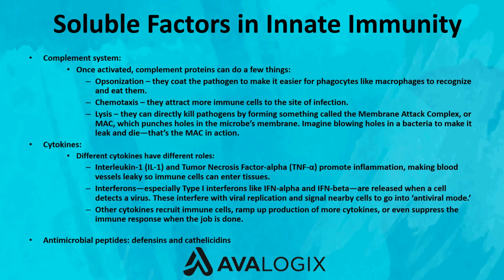Let's begin with the complement system. This is like the innate immune system's secret weapon, a cascade of more than 30 proteins that work together to detect and destroy pathogens. Once activated, complement proteins can do a few things. Opsonization. They coat the pathogen to make it easier for phagocytes like macrophages to recognize and eat them. Chemotaxis. They attract more immune cells to the site of infection. Lysis. They can